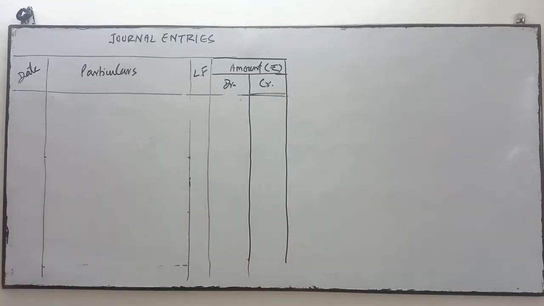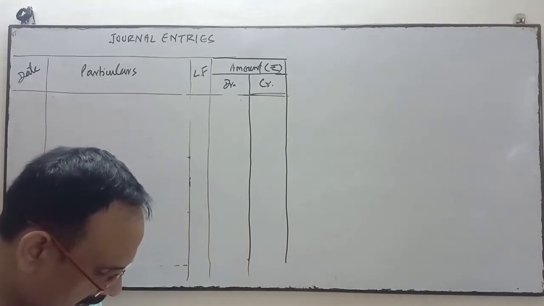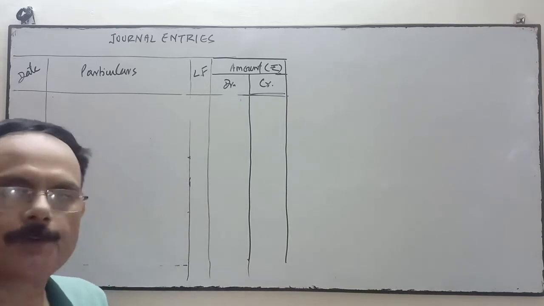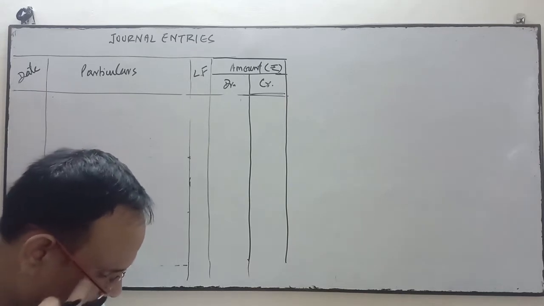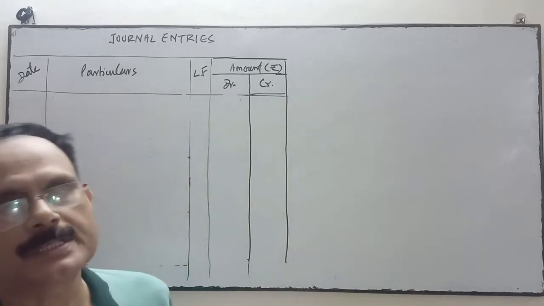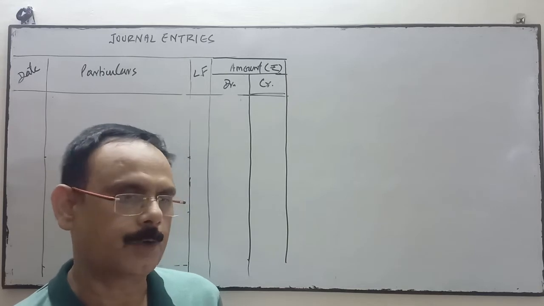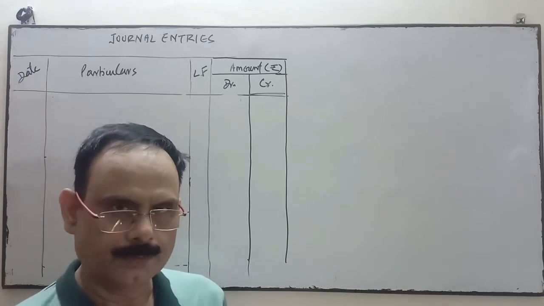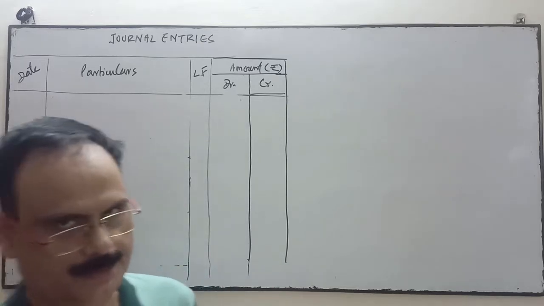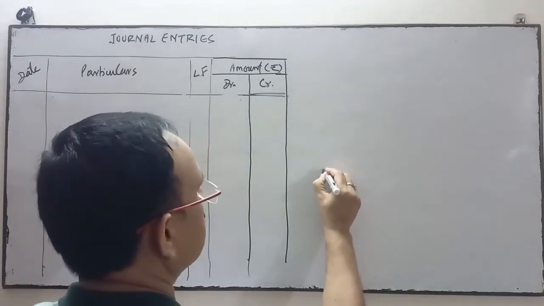Now see the fourth transaction. Rupees 20,000 for wages and rupees 4,000 for salary are outstanding. Outstanding salary or outstanding wages means it is due but not paid. Salary and wages are due but not paid by the firm, not paid by the business, not paid by the company. Okay, so wages